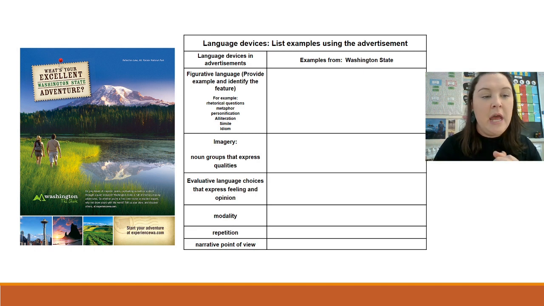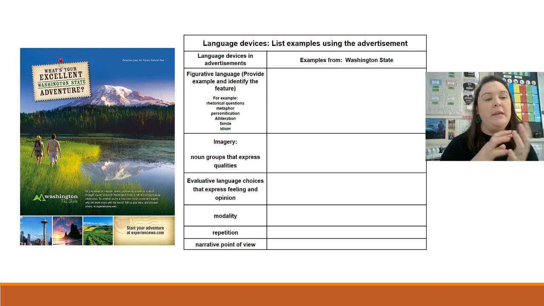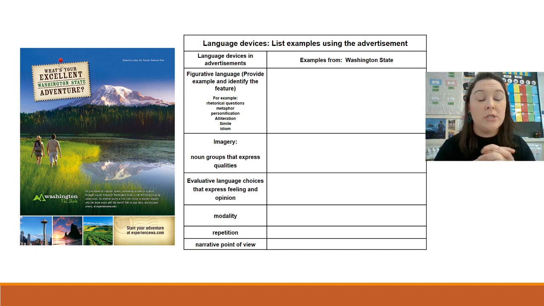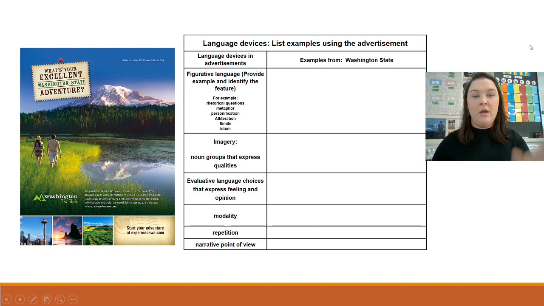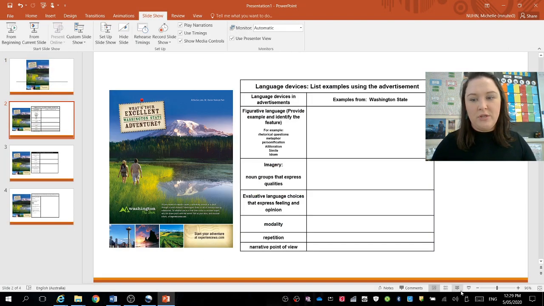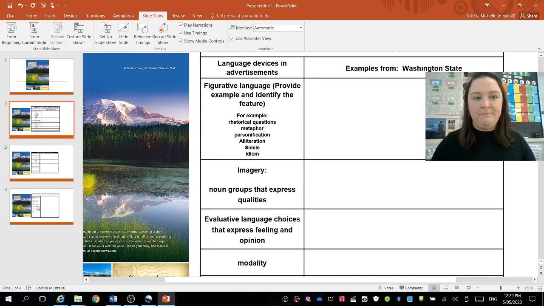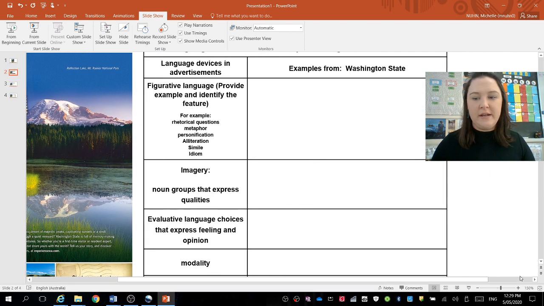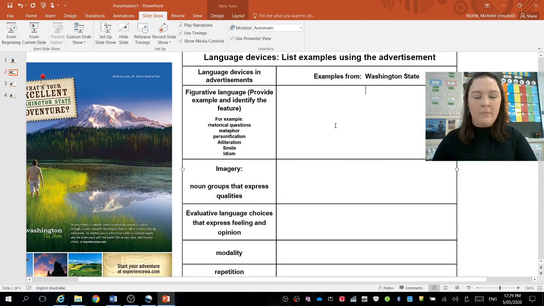First things first, the box at the very top that looks like it's been pinned onto the advertisement is a what? Drum roll. Rhetorical question. Let's write that one in. So in the box, you're going to write rhetorical question. I'm just going to blow it up a little bit for you. Apologies for this setup, I tried to make it easy. Rhetorical question. What's your Washington State